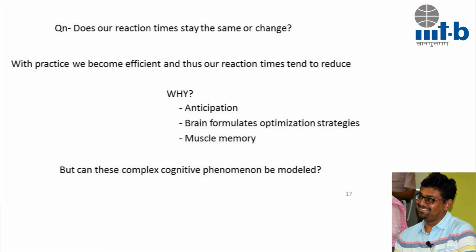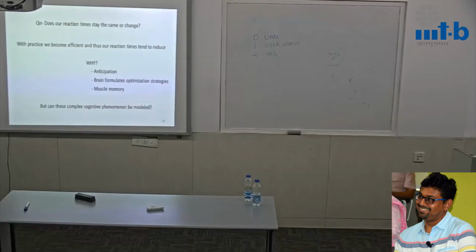Okay. The response is not from Google's point of view, by the way. So we are talking about reaction time and how it changes. There are a lot of complex phenomena which we just discussed, happening inside our mind. It's very difficult to identify and define what is happening, why we are getting faster in certain things. The question is, is it possible to model those? Actually, everything cannot be modeled. We can bucket a few things and see if that represents a human way of working.